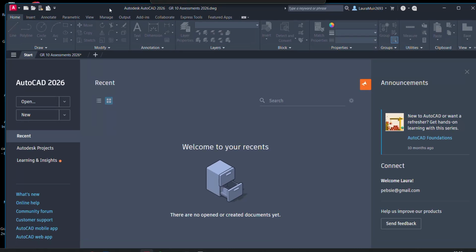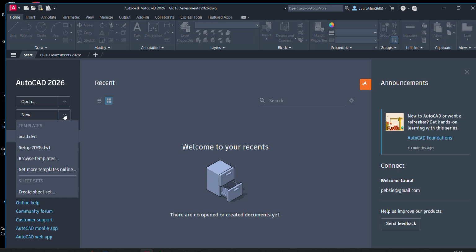When you open AutoCAD, it opens to this over here. It would show your recent documents, except earlier today I deleted them all, so I didn't have to see them. Right, so what you're going to need to do is over here,